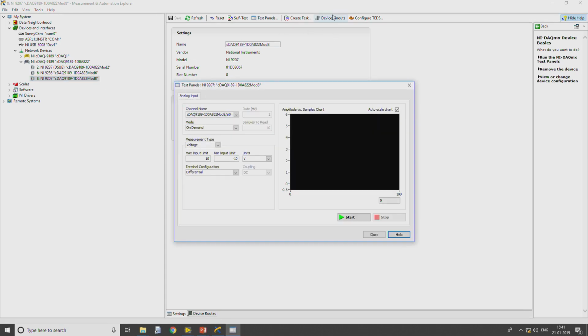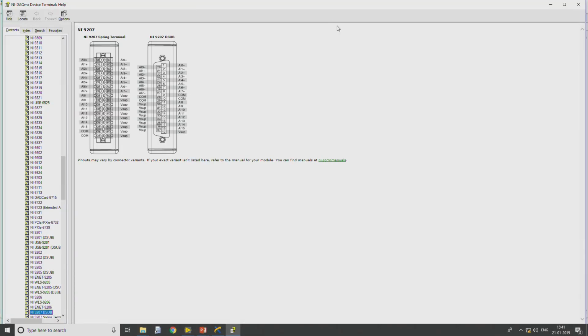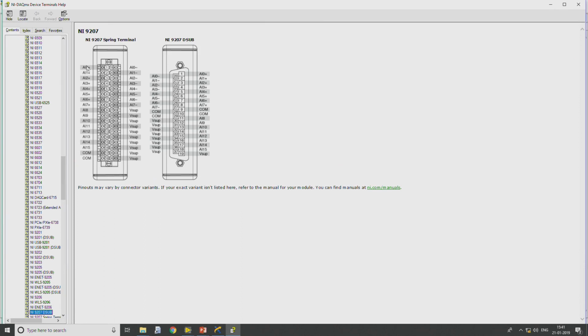If you look into the pinouts of this particular device, the first set, AI0 to AI7, can make differential input, and it can work for both the acquisition of analog signal as well as current, and it can also be used as a power supply, but it cannot provide enough current or voltage to drive any circuit.